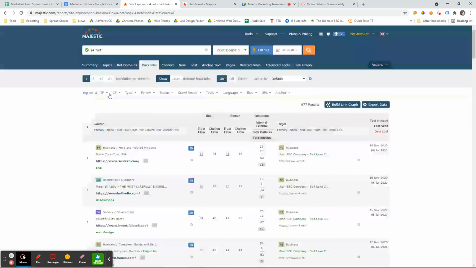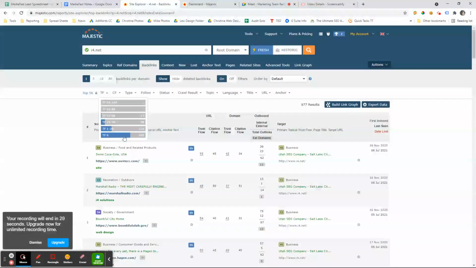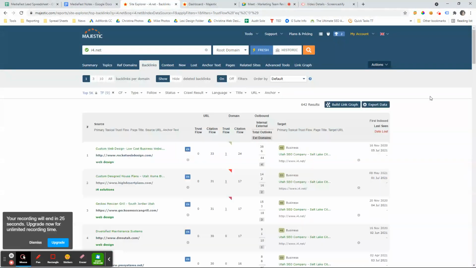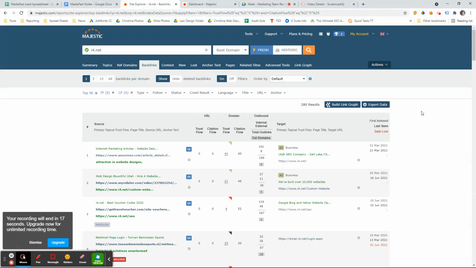So we can quickly go in and say, all right, well, we just want to look at links that have a 0 trust flow, because arguably those ones are the ones that are potentially going to be either poor or just not helping us. And then let's say we also want to look at ones with a 0 citation flow. So these ones are giving us a 0 on 2 scores. Doesn't necessarily mean that the domain is bad, because as we can see with this one, Amazon's is giving us a 41 on the domain side and a 40